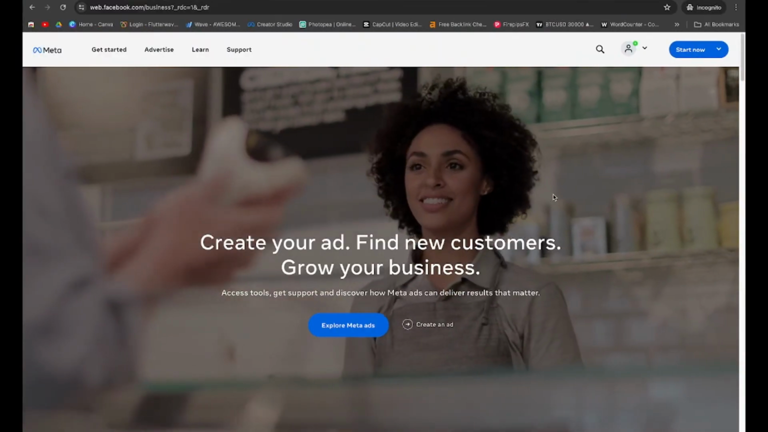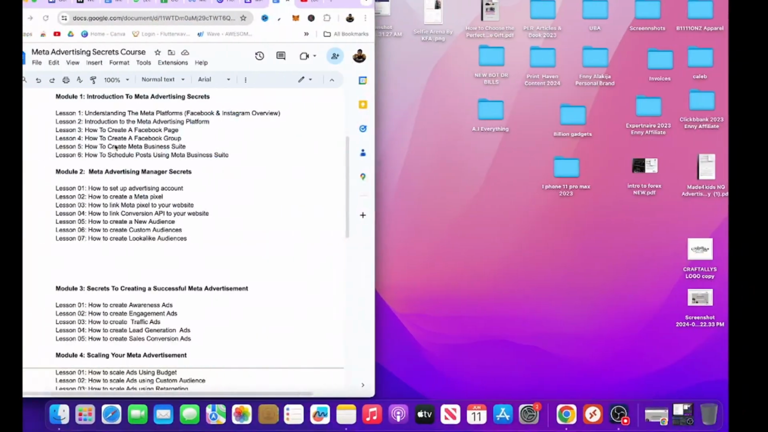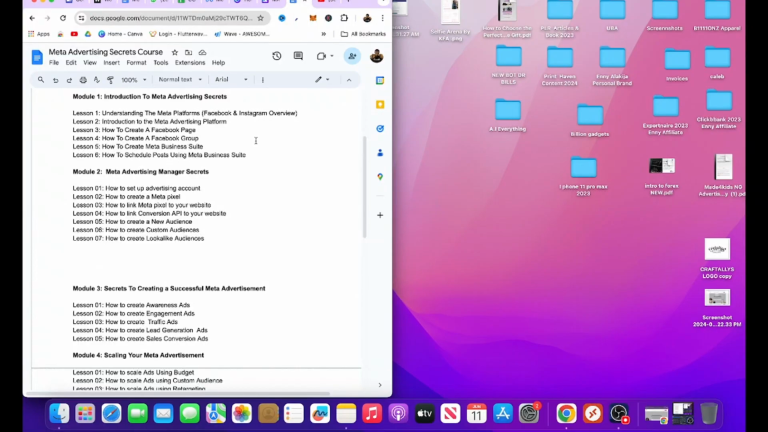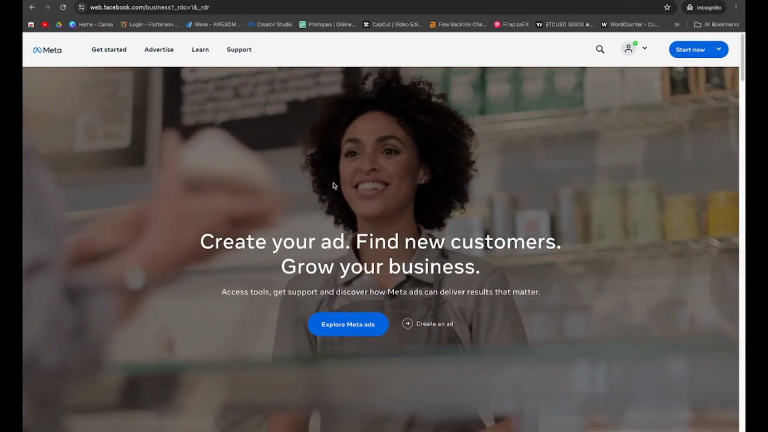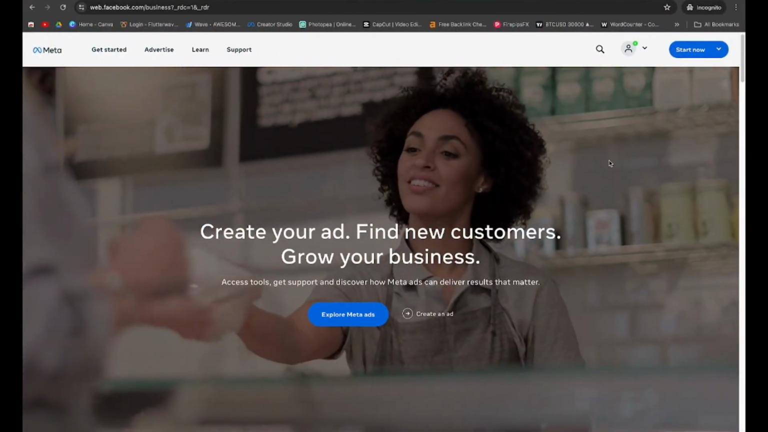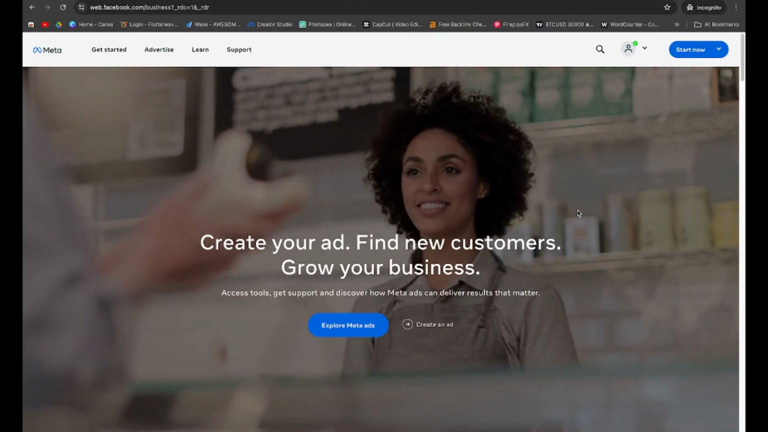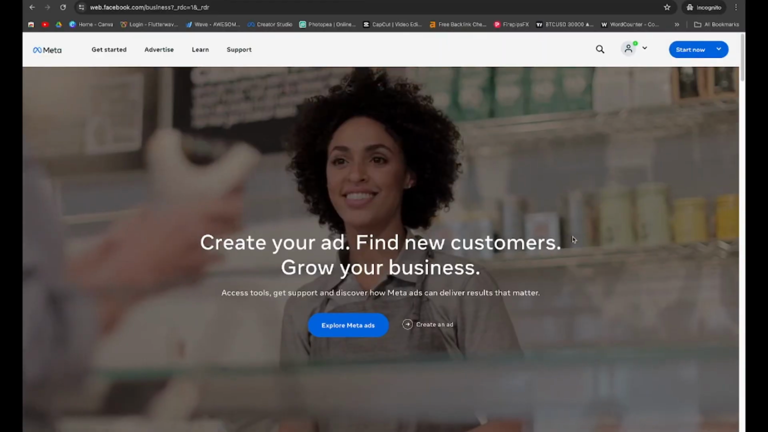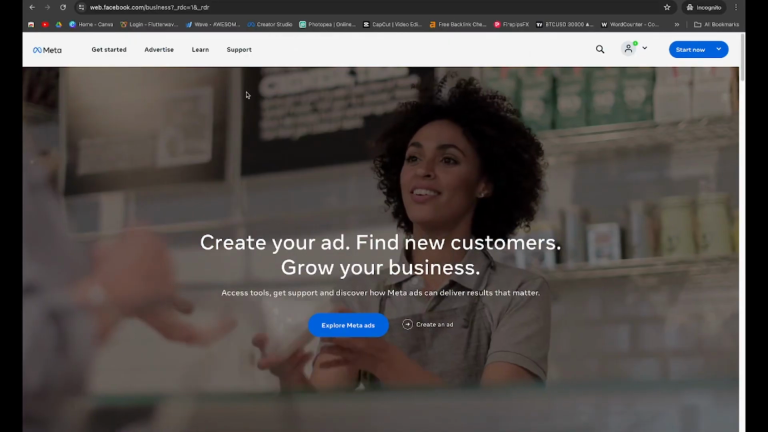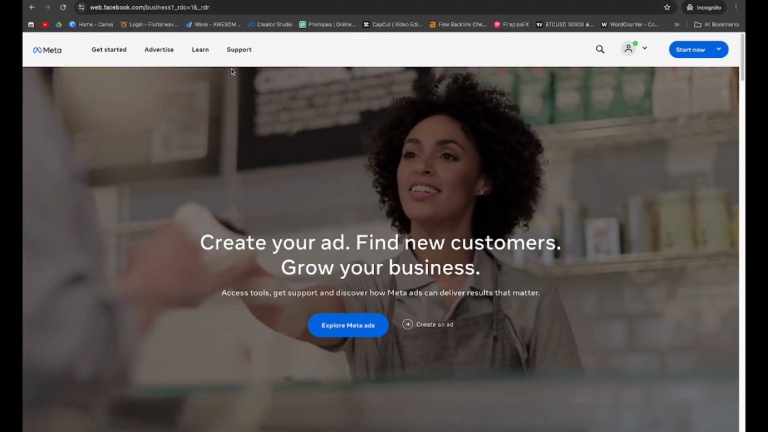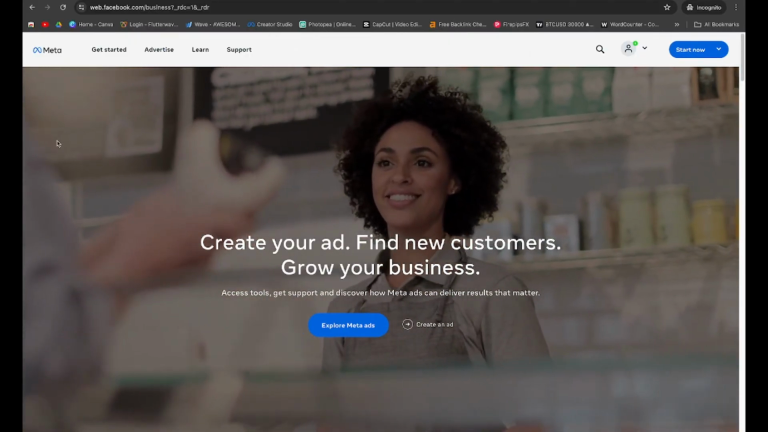But today we're going to be jumping into the introduction to the Meta advertising platform. This is proper. Now we're trying to set up to run ads. So now, if you're a newbie in running Facebook ads, you don't know anything at all, and you go to